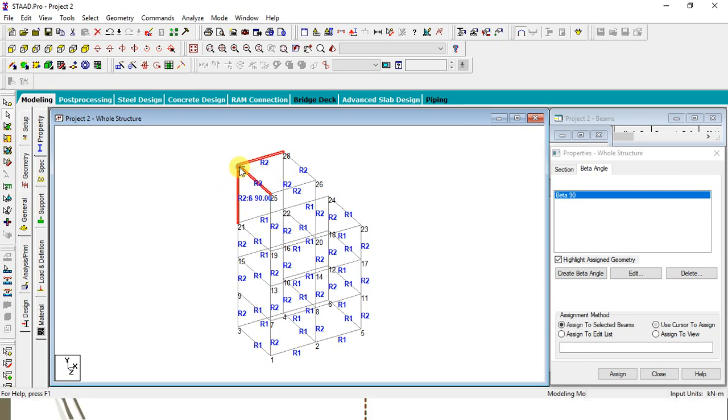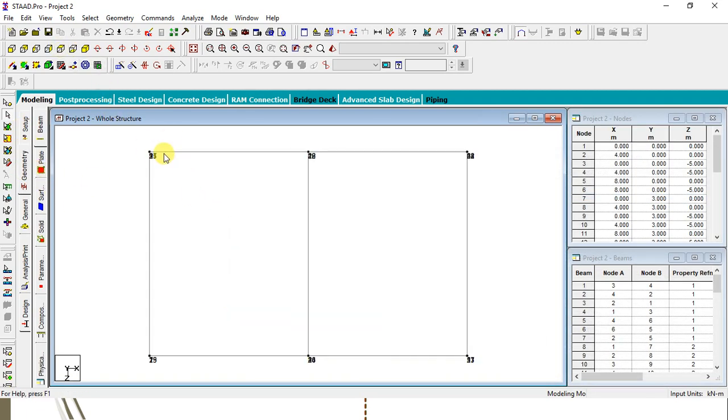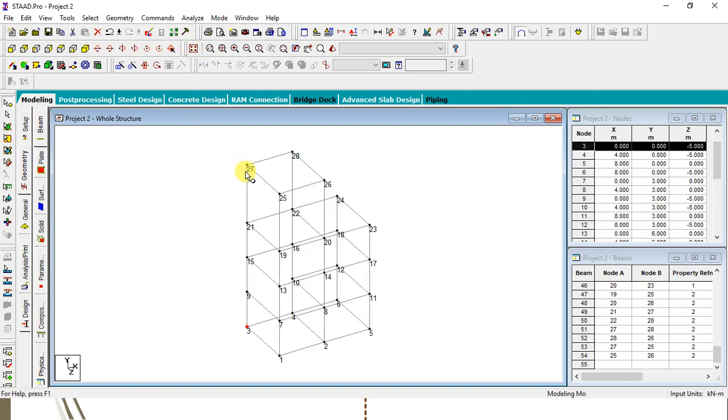You can select a whole column also. Like here I'm selecting the geometry and then selecting the top view, taking this node cursor, selecting this node, right? So you can see in the whole structure view that the complete column gets selected, right?